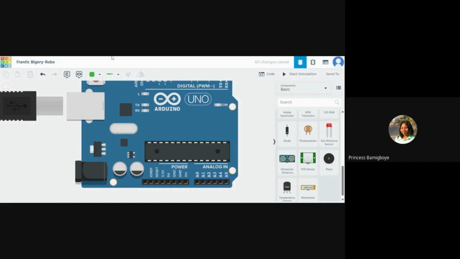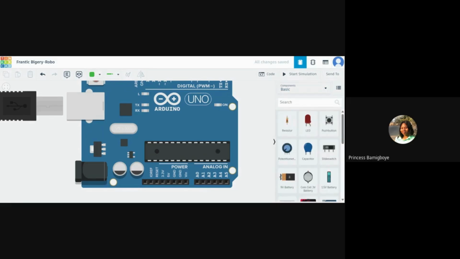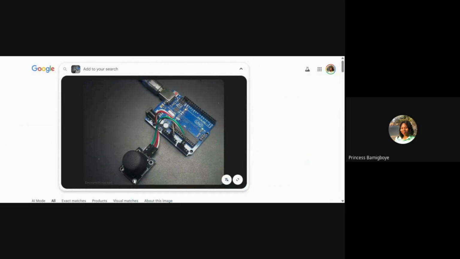There are also joysticks, because a joystick is also a type of potentiometer. I don't know if it's here in Tinkercad. No, we don't have it, but just keep it in mind, and we'll introduce it when we work on a project. You can see a joystick here; it is also part of the analog devices that can work with the Arduino.